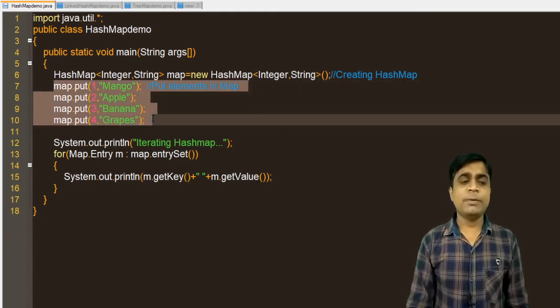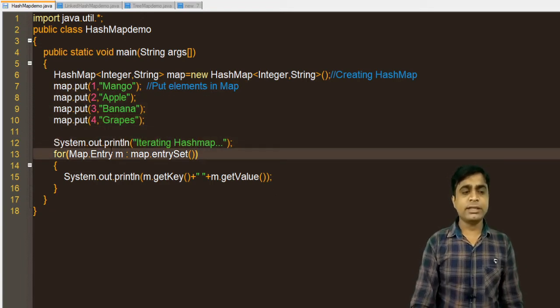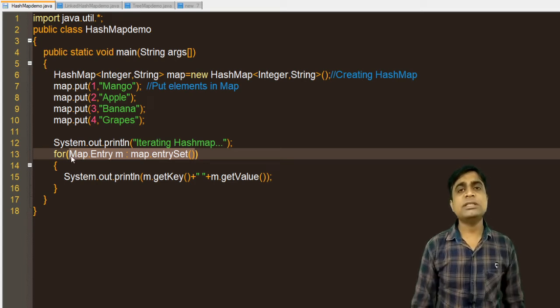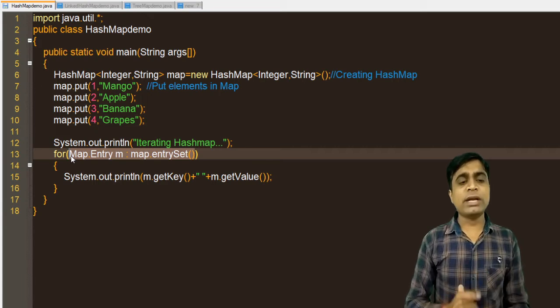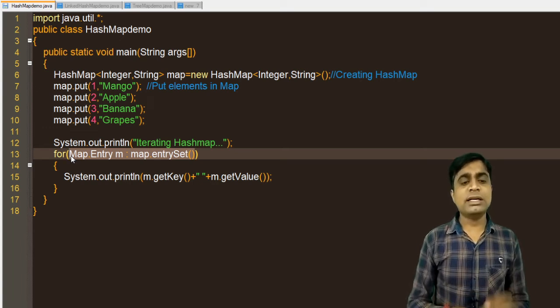Now I am printing using an iterator: for Map.Entry m : map.entrySet(). What this line tells is that it will print the values until there are no more entries in our map.